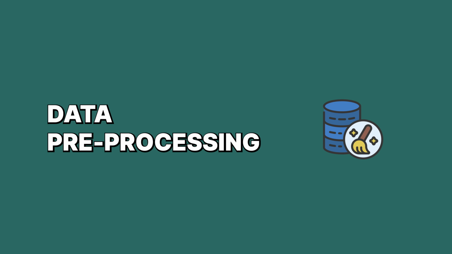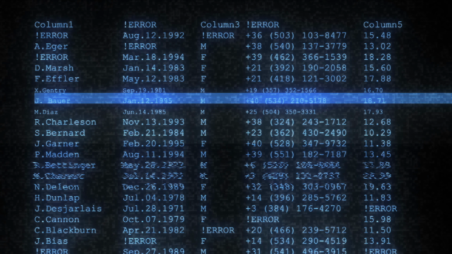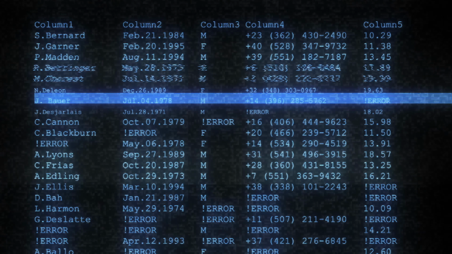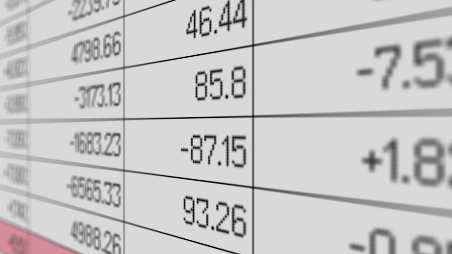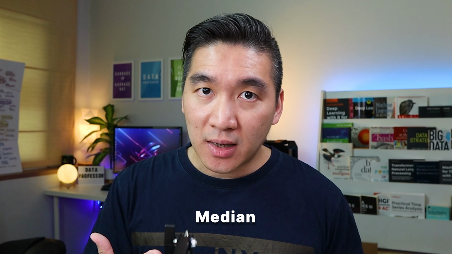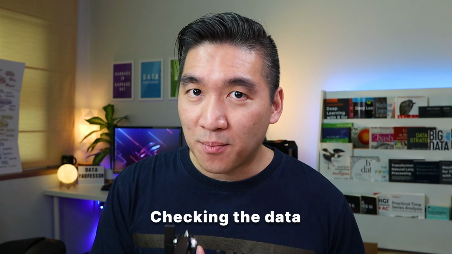Data preprocessing. In the real world, data is imperfect and can be quite messy. How? Well, there may be missing data, values may be misspelled, or values may be incorrectly entered. So what can we do about it? Well, the process of handling data so that we ensure that they are error-free is called data cleaning. And this involves replacing missing data with the column's mean, mode, or median,